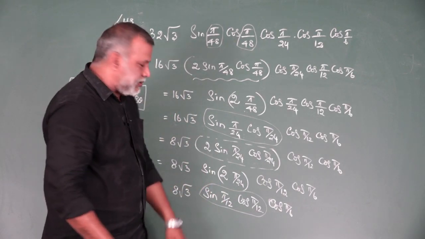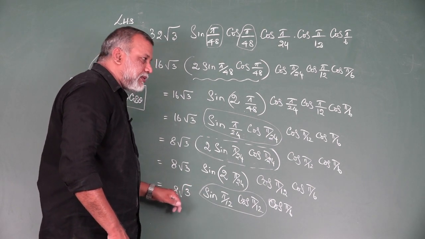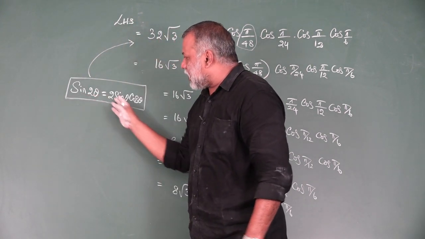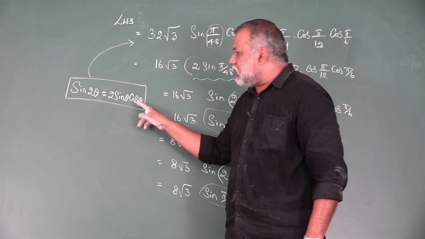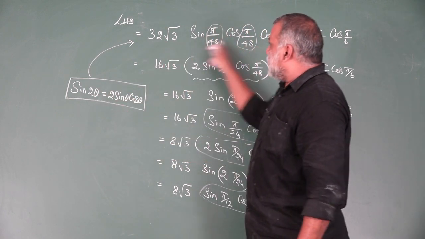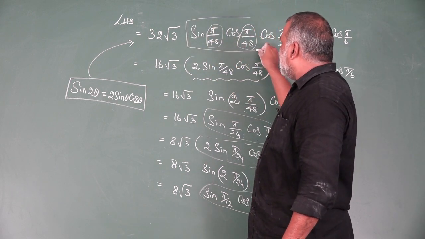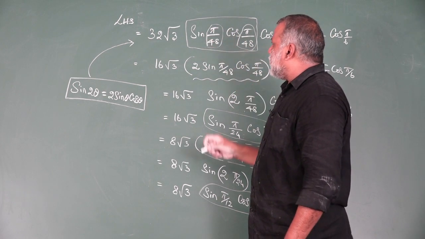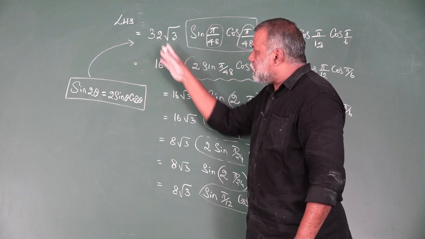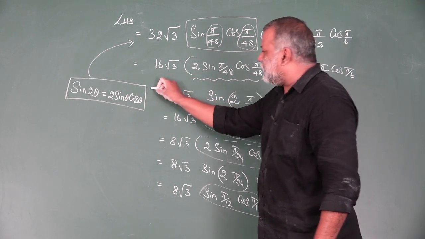Now we can see this one. Again we are able to relate with sin 2 theta. So again we need to split from this. So this is the logic, only one logic. See here, sin 2 theta can be simplified as 2 sin theta cos theta. So this multiple angle identity we required. So the given, first listen to this given one. This is the first concept. Sin pi by 48, cos pi by 48. So I am splitting this 32 as 16 root 3, again 2 sin pi by 48, cos pi by 48.